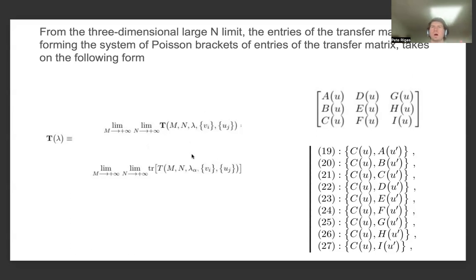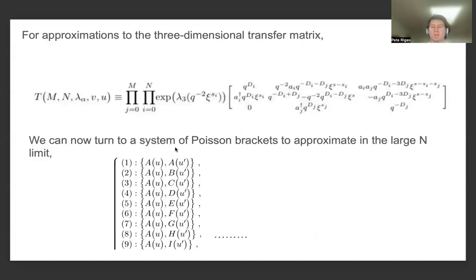So just to make some things with notation a little bit easier, but it doesn't really make much of a difference anyways, we can just take this homogenization parameter to be equal to the two spectral parameters, as well as having other spectral parameters for the degrees of freedom about which we're taking the weak infinite volume limit. And for approximations to the three-dimensional transfer matrix, like we're looking at this matrix product for I and J being